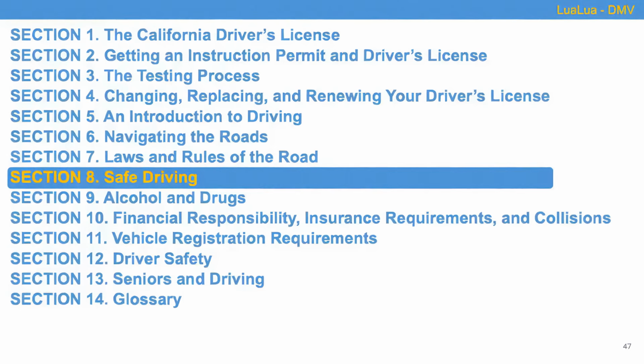Locked wheel skids. A locked wheel skid is usually caused by braking too hard when you are going too fast. If this happens, your vehicle will skid no matter which way the steering wheel is turned. To get out of a locked wheel skid, if your vehicle is equipped with four-wheel anti-lock braking system, ABS, apply